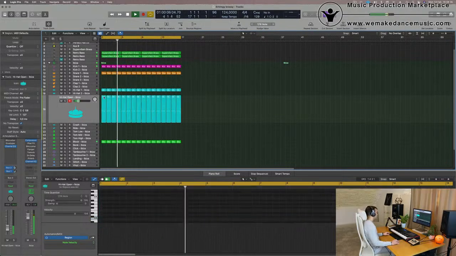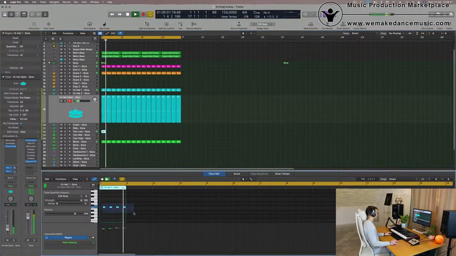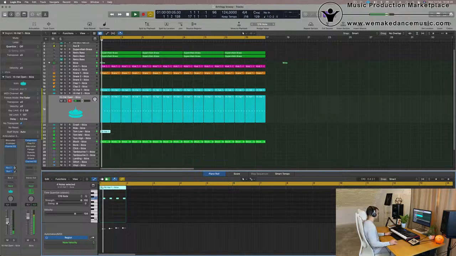Now for some drums, some toms. Obviously not this pattern. That would be a disaster. Well, not the